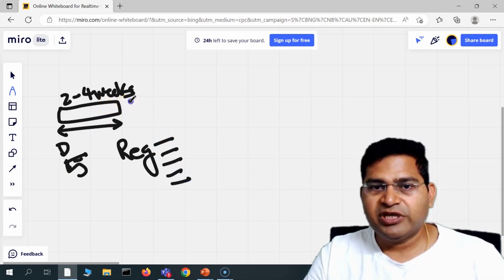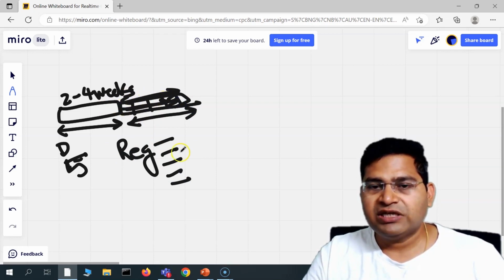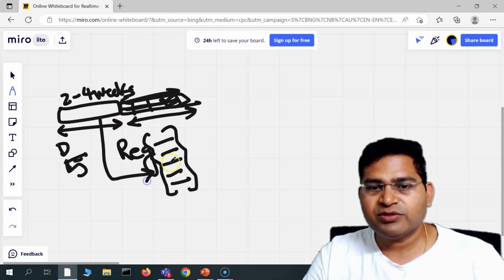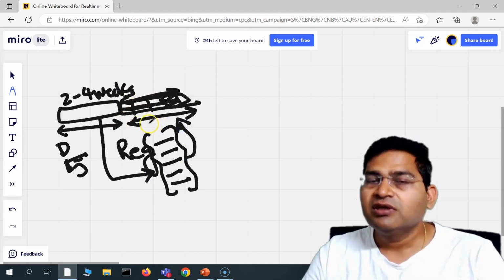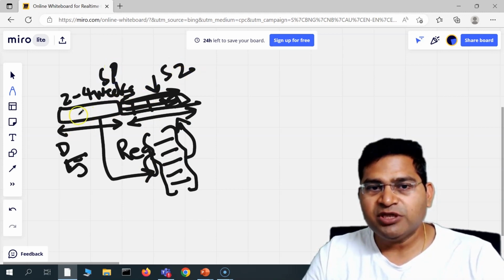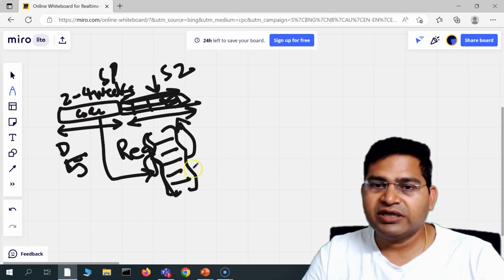Then sprint 2 starts, and in sprint 2 more user stories will be built, right? So this is the timeline. This regression suite that has been prepared from the first sprint needs to be executed fully, because as part of sprint 2, your development team is building on top of whatever code has been written in sprint 1. There are changes in the code, so ideally you should be executing this whole regression suite again